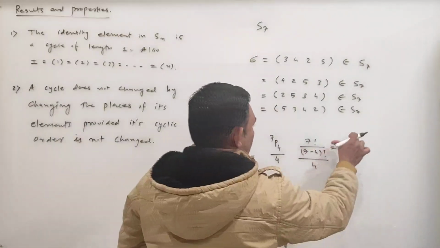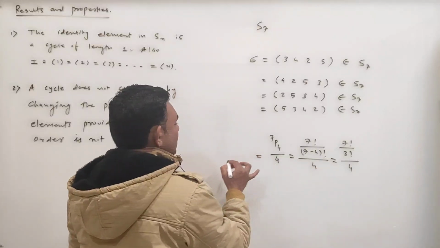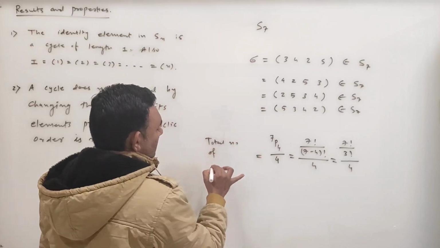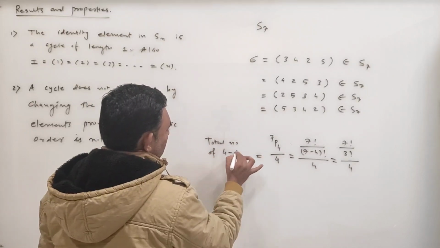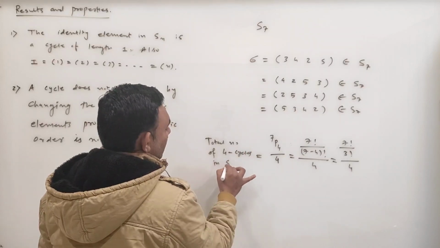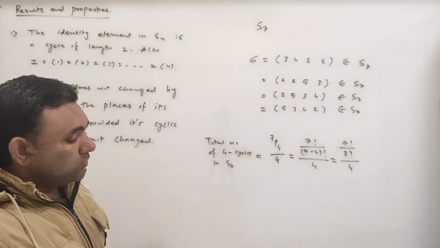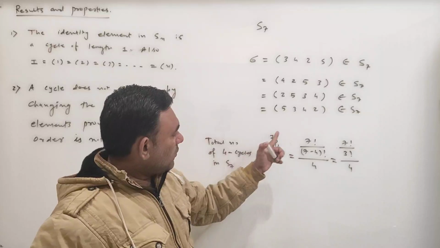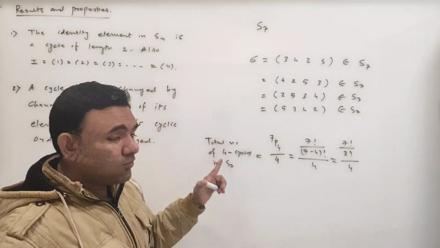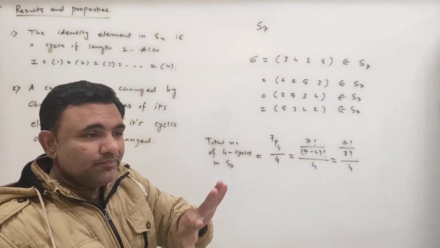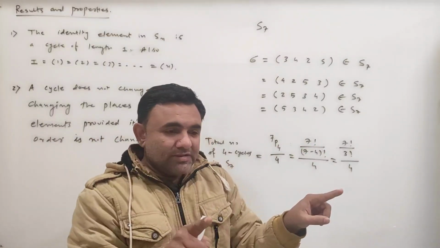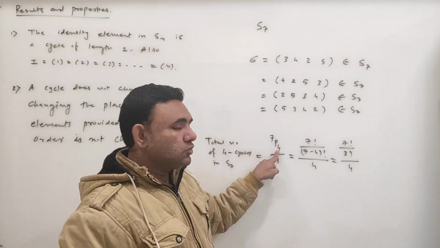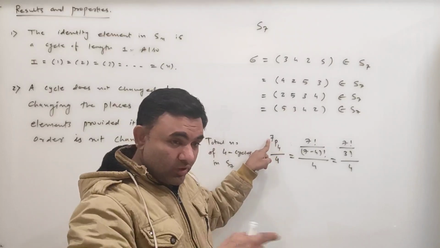So this is total number of 4 cycles in S7. So how many 4 cycles are there in S7, then this is what, counting of 4 cycles in S7. So first what did we do? How is a 4 cycle formed? It has 4 distinct objects. So you choose 4 objects out of 7 objects and then you arrange it,